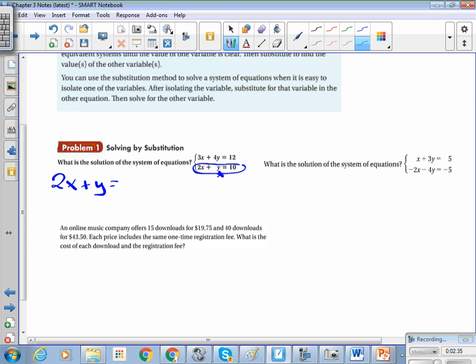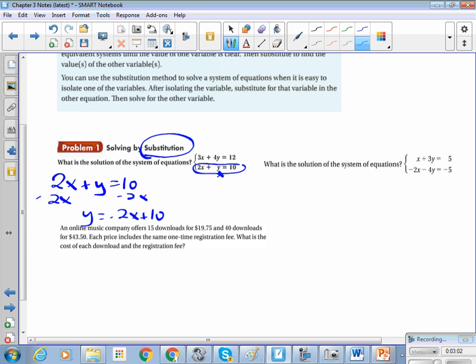So I start out with 2x plus y equals 10. I'm going to subtract 2x from both sides. And I get y equals negative 2x plus 10. First step completed. Solve one of your equations for one of your variables. The second step